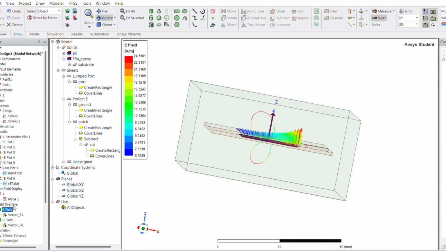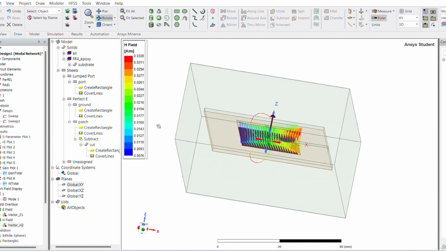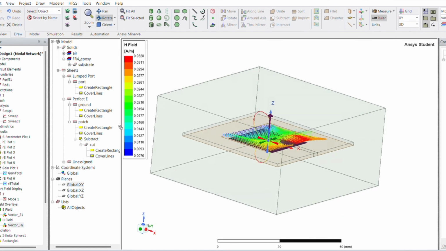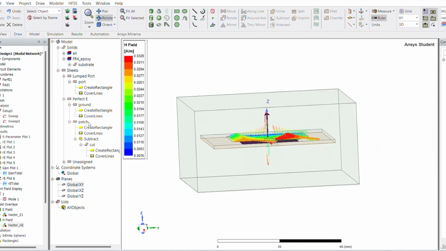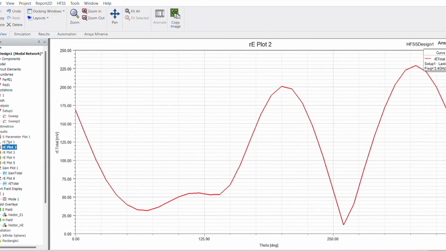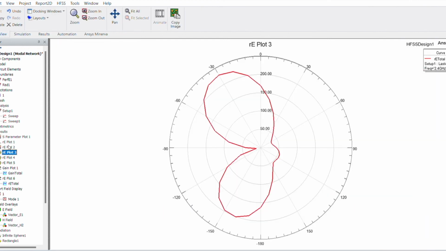So the patch antenna resonates at 10.5 gigahertz with a return loss of about minus 18.27 dB. And the covering band is around 9.95 gigahertz to 10.35 gigahertz after simulation. After testing the design, the resonant frequency achieved is around 10.11 gigahertz with a return loss of minus 19.30 dB. Total bandwidth coverage is around 380 megahertz. The radiation pattern you see is an omnidirectional radiation